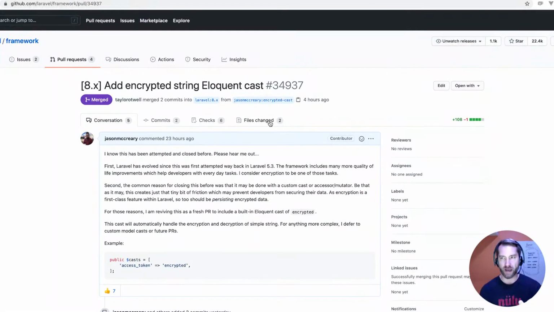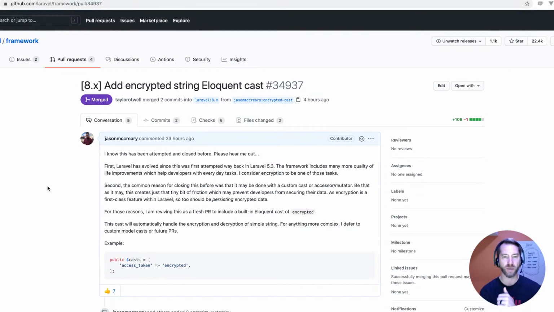This encrypted Eloquent cast had been attempted several times before, but as I talk about in the live stream and in the PR, I think the framework wasn't as evolved as it is now. And more importantly, with encryption being a first-class feature of Laravel,